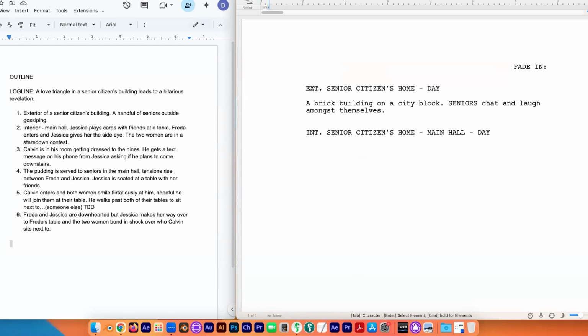So bright room with plenty of decorations on the walls, and seniors sit at various tables in a grown-up version of high school cafeteria